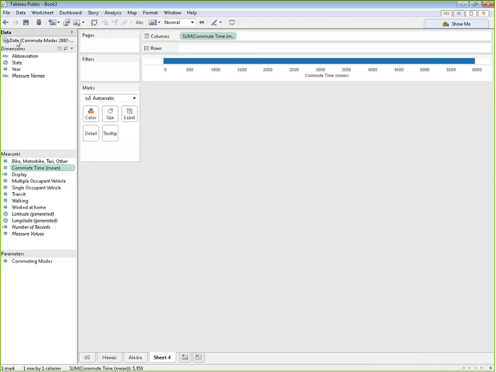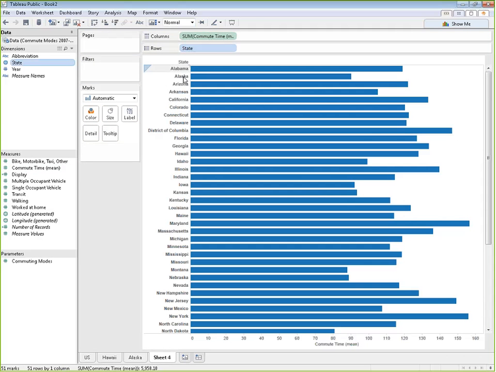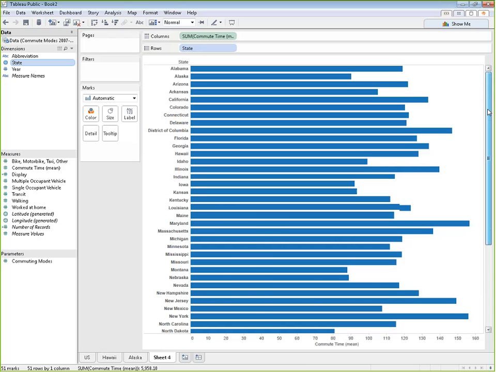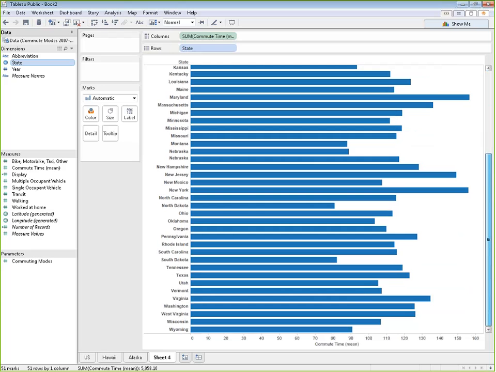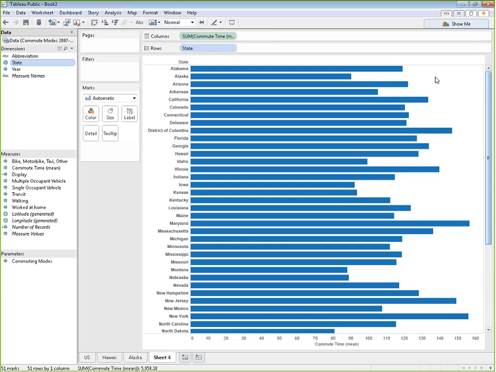So we can drag state to rows. What this has done now is it's broken up the mean commute time by state. So similarly to when we opened up that map and colored it by, say, walking, and it summed it up for all of the years that we have in our data set, Tableau has done the same thing here. So in Alabama, over the 5 years, we have a commute time of